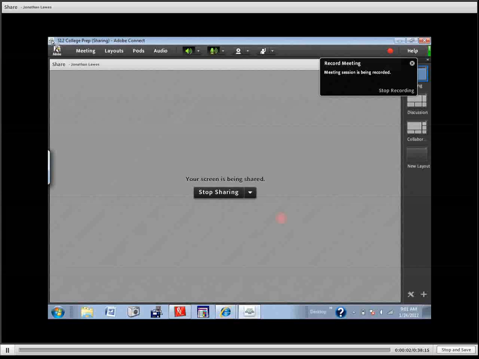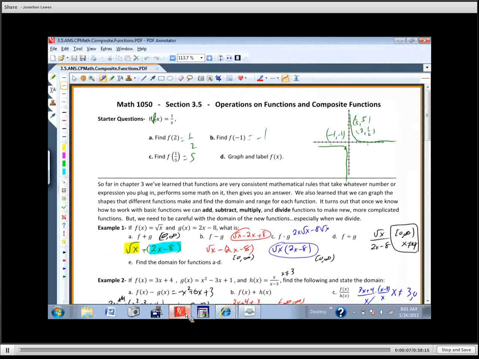Not too challenging, but there are some new ideas here. The stuff we did yesterday hopefully is pretty easy. So this is what we looked at yesterday. We were looking at composite functions,